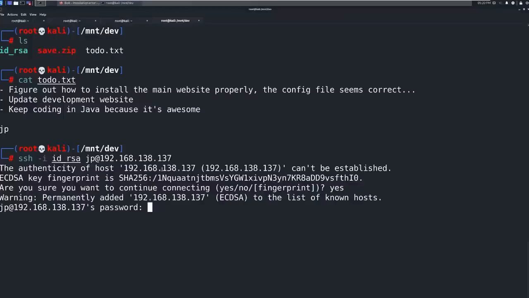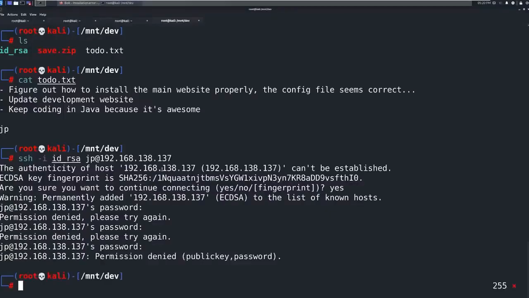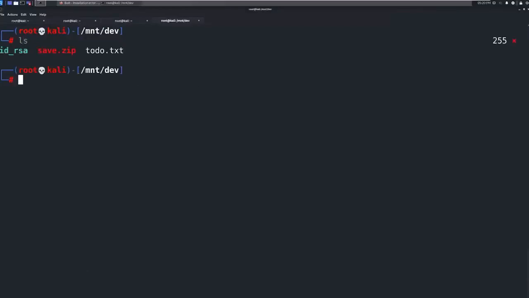It asks for his password. We don't know a password. So we're not even sure if that's working. It didn't even look like it took the ID RSA. So we're not sure if this guy's even a user. So let's keep this information in our back pocket for now. We're going to clear screen. We have this ID RSA file, and we have some information hopefully sitting